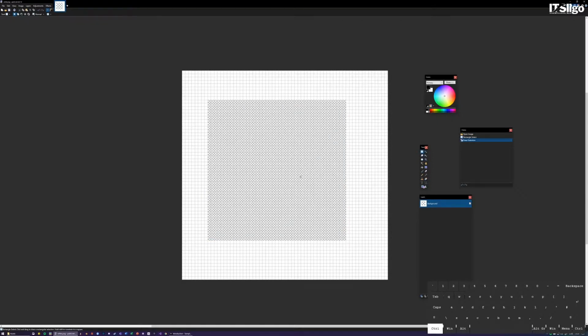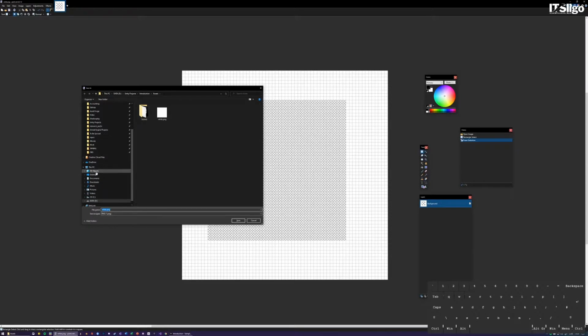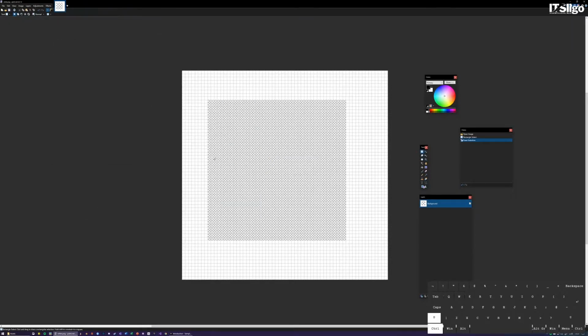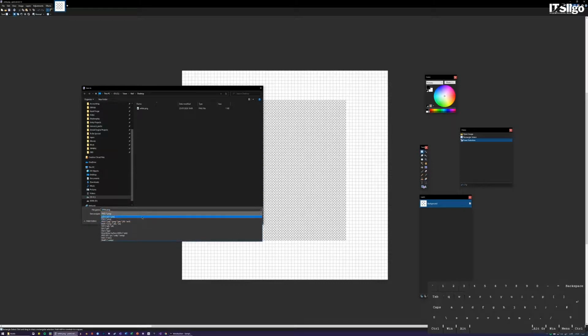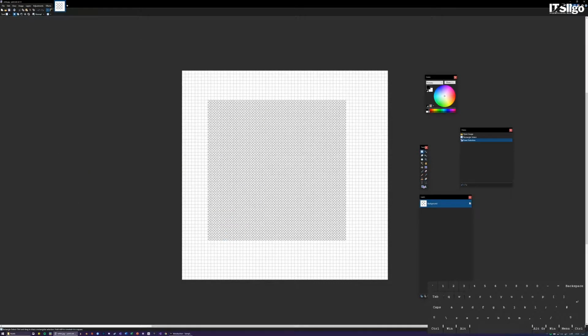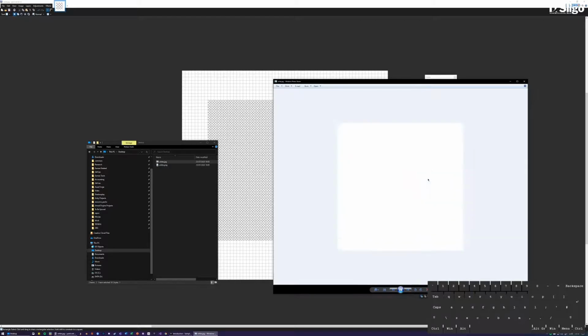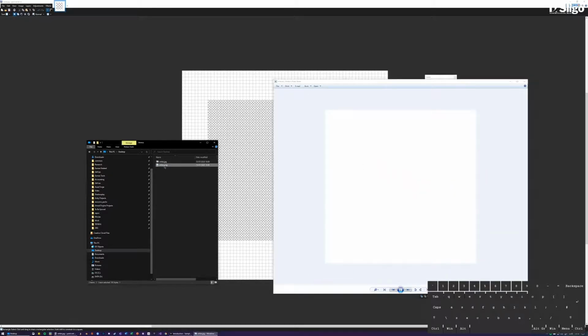Okay, I'm then going to save that. I'm going to save it as something new. It's going to save to my desktop. Yeah, we can overwrite the original there. Then I'm going to save another one, but it is going to be as a JPEG. Now when I go to my desktop, I can see white.jpg here. When I double click on it, it shows up as a white square. If I go to white.png,